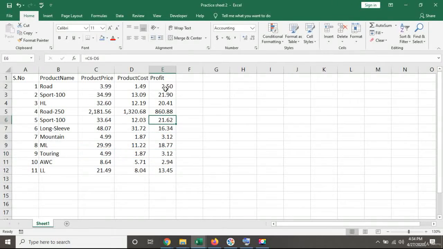So when you are working on cell E2, Excel is working on cells C2 and D2, and when you go down to E3, Excel will take C3 and D3. When you go to the end, at cell E12, Excel will take C12 and D12. This is called relative reference in Microsoft Excel. With relative reference, we mean that Excel will be picking up the relative values from columns C and D when you are applying a formula in column E.